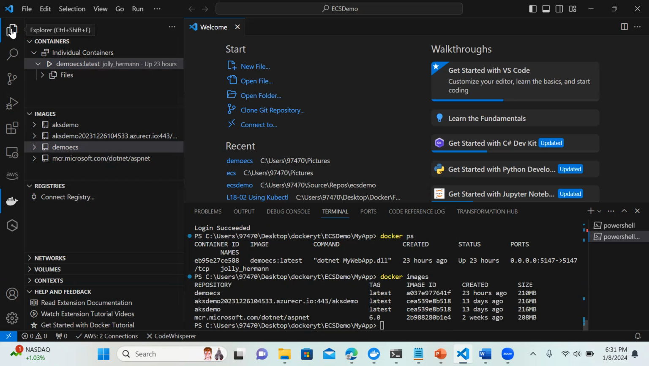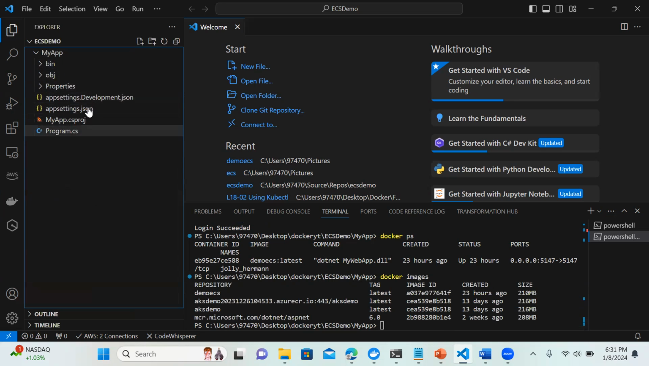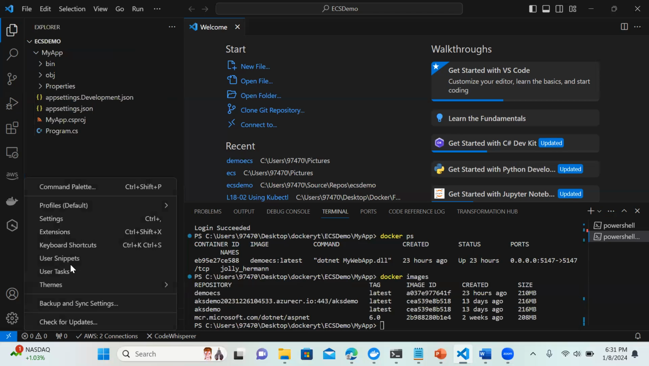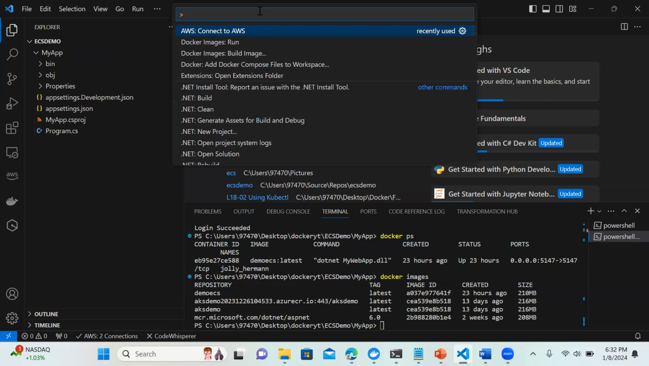Now, if I go back to my code, you can see there is nothing mentioned over here like Docker or something like that. So now I want to create an image of my existing project. What I will do is use Control Shift P. You can go from here also. You can see the command palette, Control Shift P. Now here I will run the command